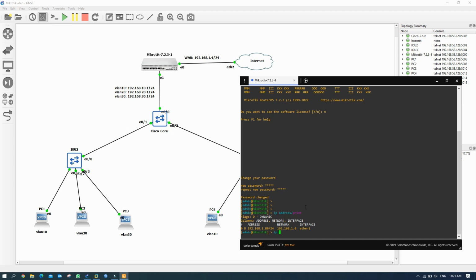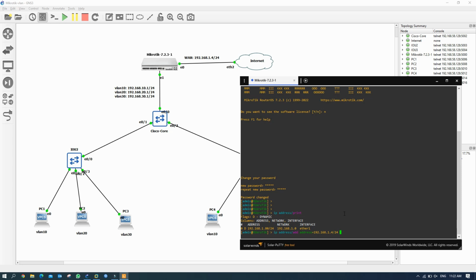So, IP address, and then we add address 192.168.1.4/24. And if you want to see the commands available in the Mikrotik router, you can press F1